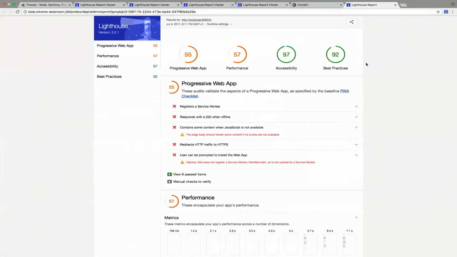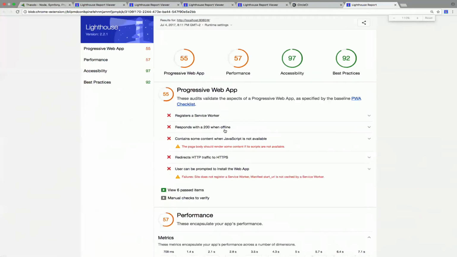So if you haven't used Lighthouse recently, you can notice that it changed a little bit. Now we have 4 distinct categories. The classic PWA checklists with the service worker, for example, the fact that the application should work offline, that it should display something if there is no JavaScript on the client.